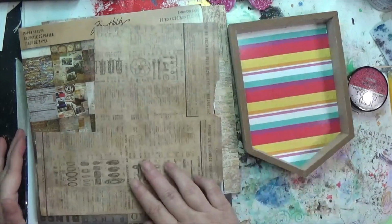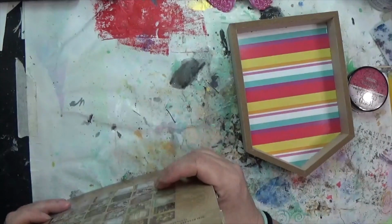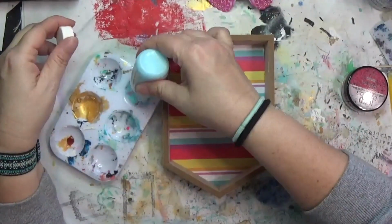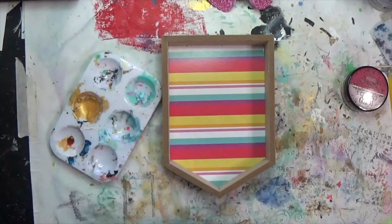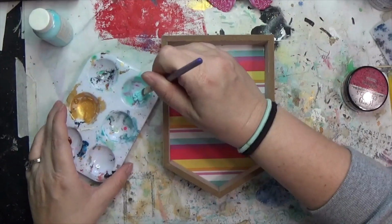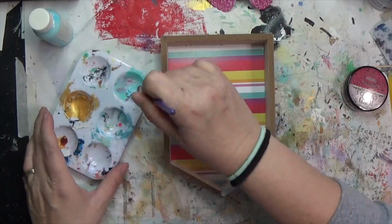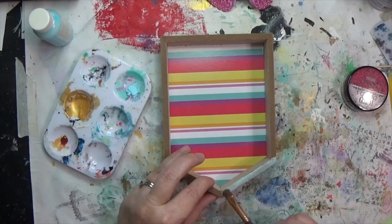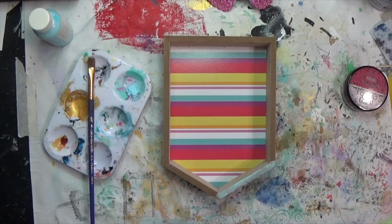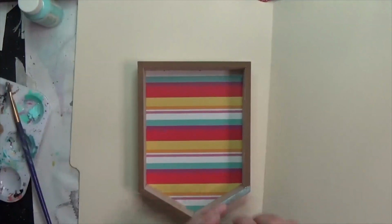So I'm going to get started, I think, first with the embossing. Let's do this. So I'm starting with this tinted embossing ink. It was in that box of embossing powders and other things that I was gifted. And I'm just using a paintbrush and going along that front edge of this little house box thing. I don't like the front edge on this. It seems very unfinished. The MDF or whatever is rough on it. And I thought this would be the best way to